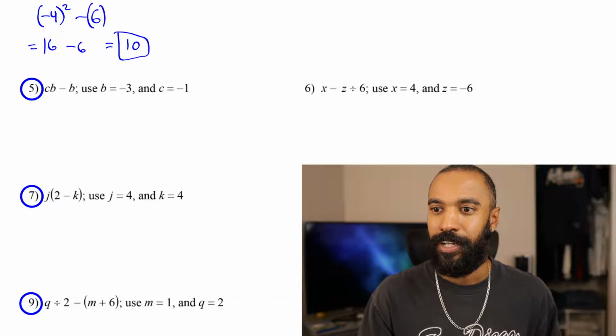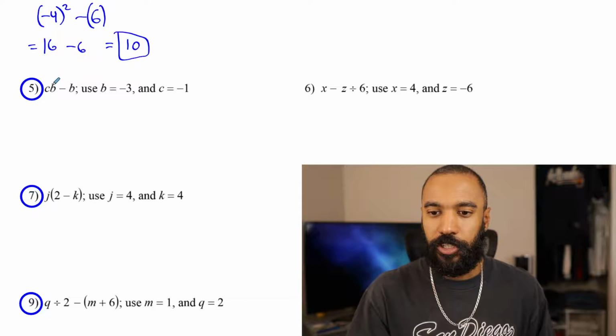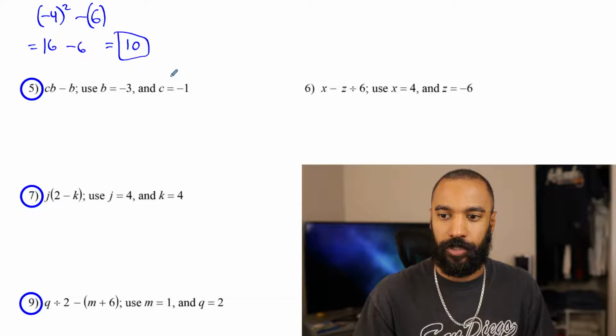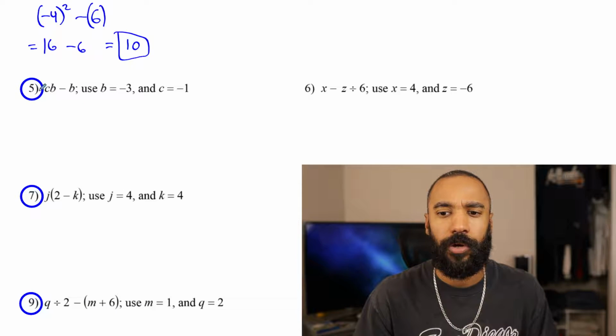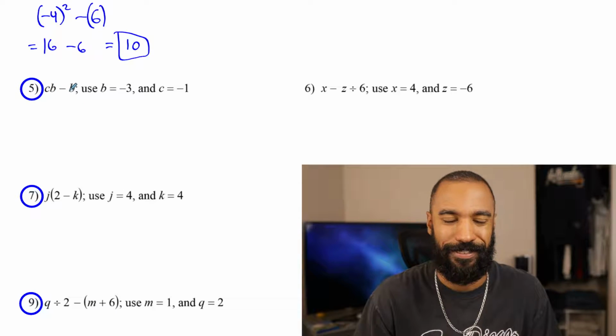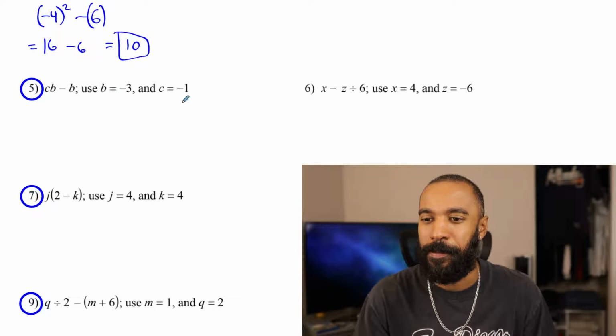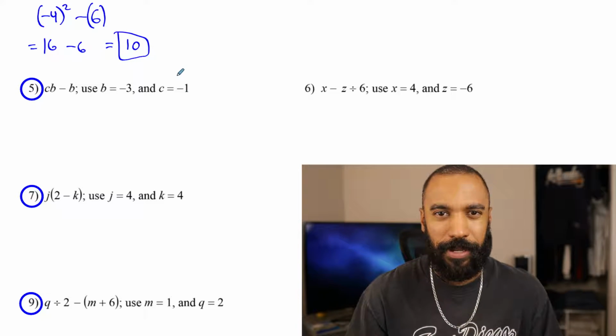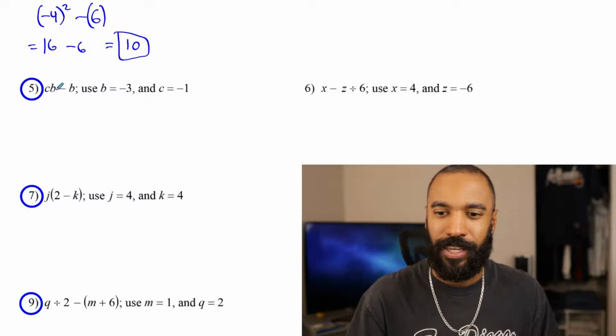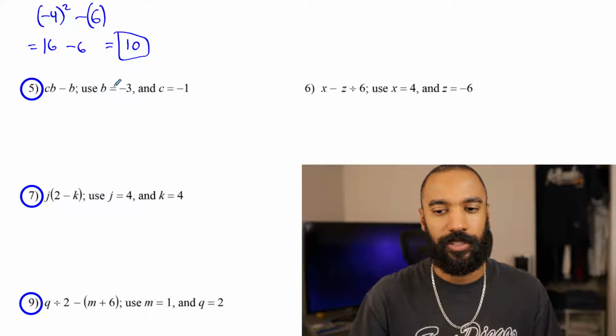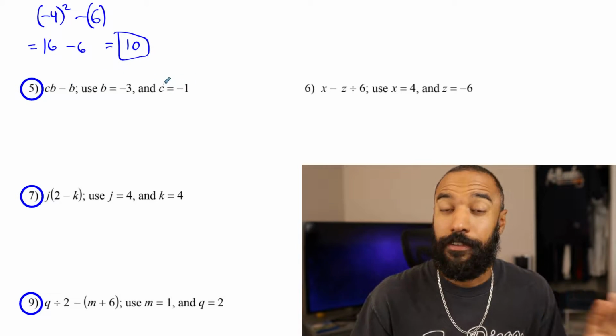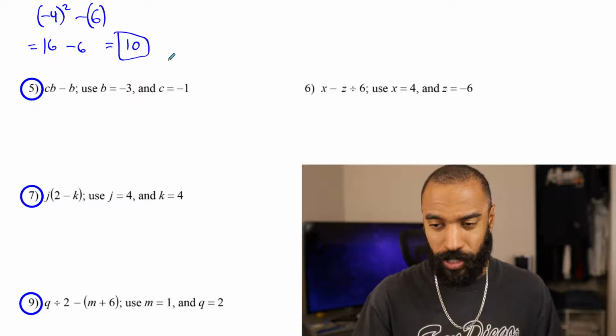Let's get a different color here. Number 5. C, B minus B. Use B equals negative 3 and C equals negative 1. Okay, so this goes back to the idea of using your damn parentheses. So CB, look, if I strangely didn't use parentheses and